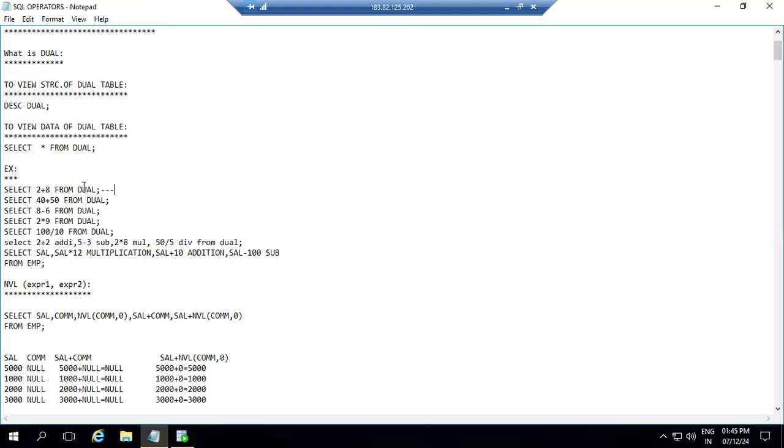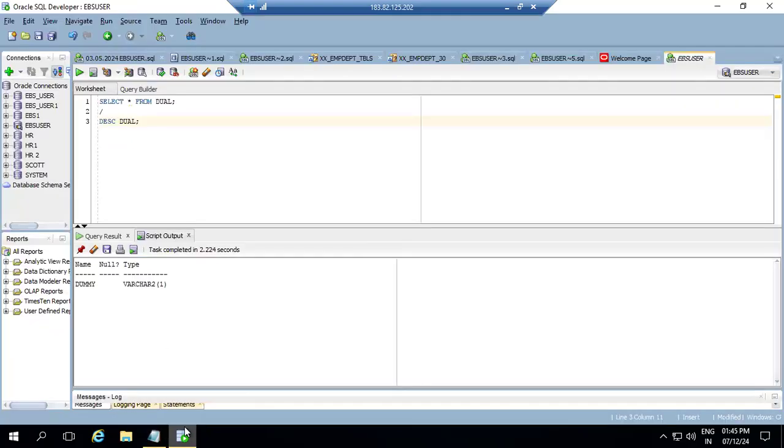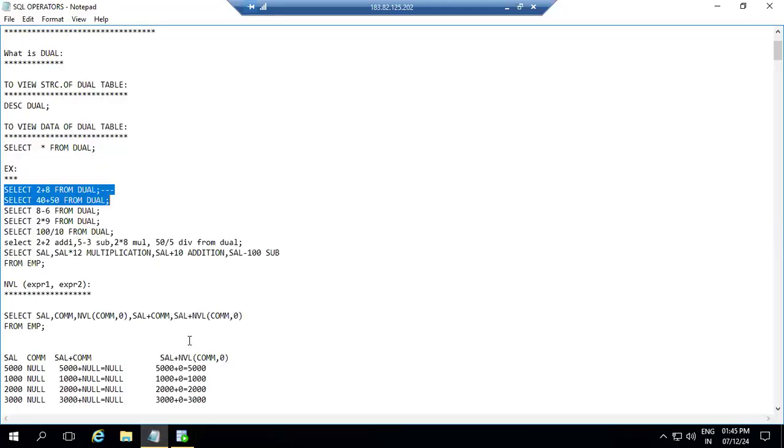If I'm going to use it in the table, you will be able to see the difference here. We'll enter the first 2 queries over here, and then we'll enter the last one here. In the last query, we are selecting the salary column, and salary into 12, which is a multiplication, where we are giving the alias name here. Again, salary plus 10 is the addition, and salary minus 100 is the subtraction, from EMP